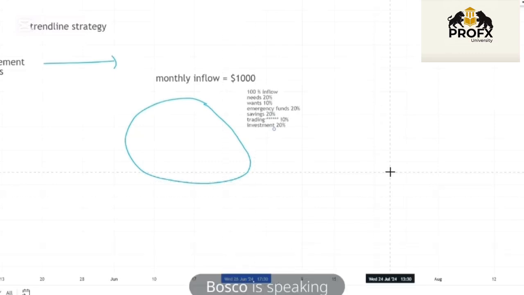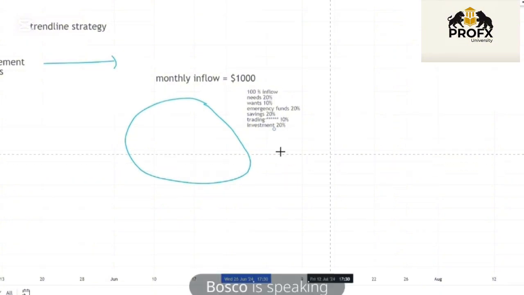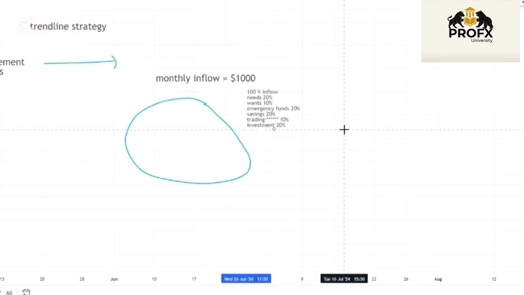Then the second one is always make use of your take profits and your stop loss. Even if you don't like making use of your take profit, always use your stop loss so that you don't lose much. Once you put your stop loss, it's going to help you to minimize your loss. That's why they call it stop loss, to help you to stop your losses for the meantime. So always use stop loss. If you don't want to use take profit, no problem. Then trade with amounts you can afford to lose no matter what.